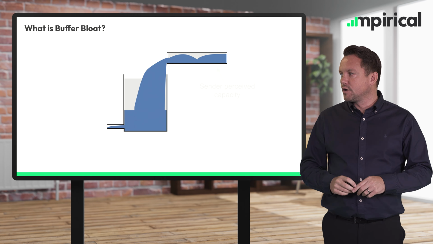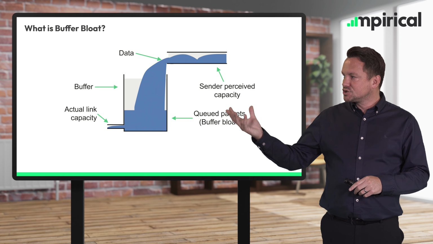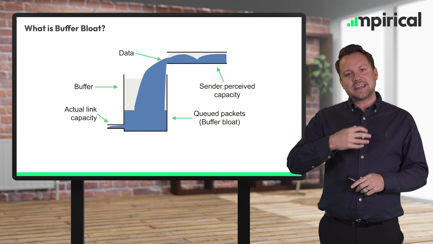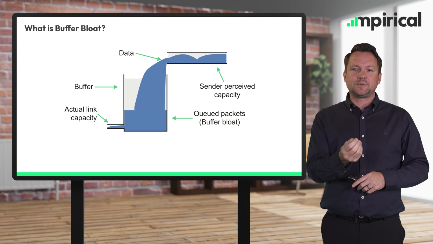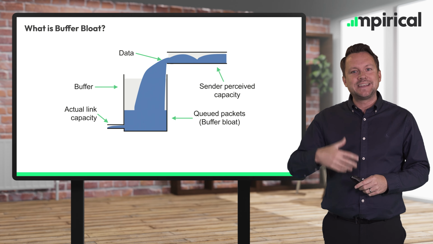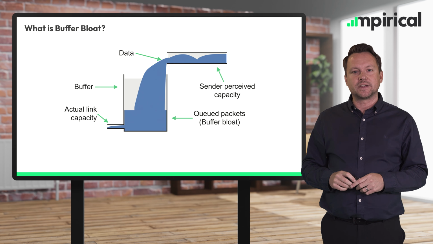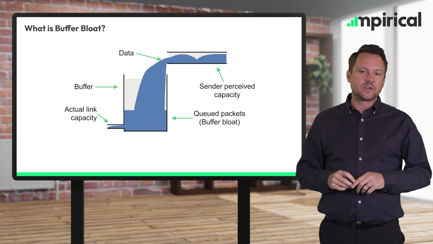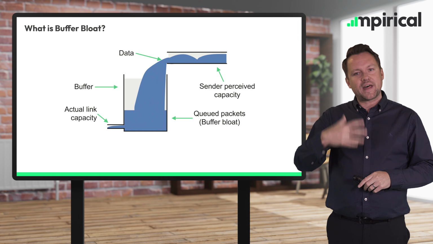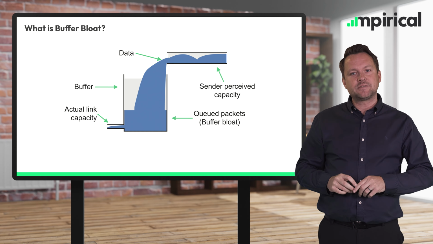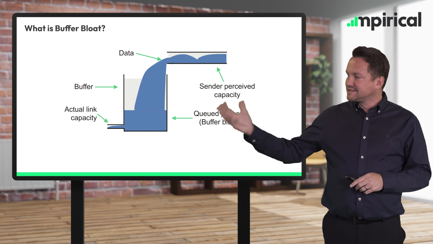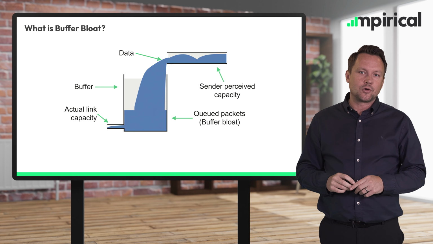So if we expand this further, the data flows in, it's then stuck behind the existing queuing data in the buffer. And if we think about real-time communication or applications that are incredibly delay critical, we can't have these packets queuing. They need to be able to get ahead of this queuing traffic. And we have no mechanism of doing this in classic congestion control, unlike what we have with L4S. So with L4S, we actually combine a different approach to managing congestion with a different approach to queuing, which means that our delay critical packets don't get stuck behind other traffic.